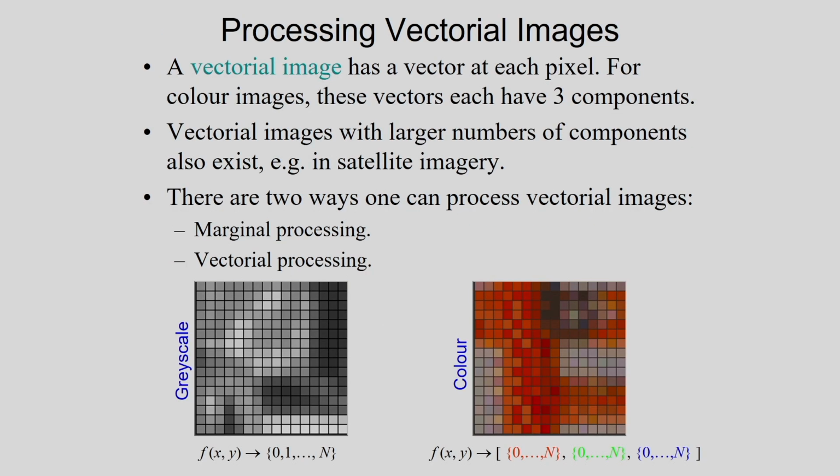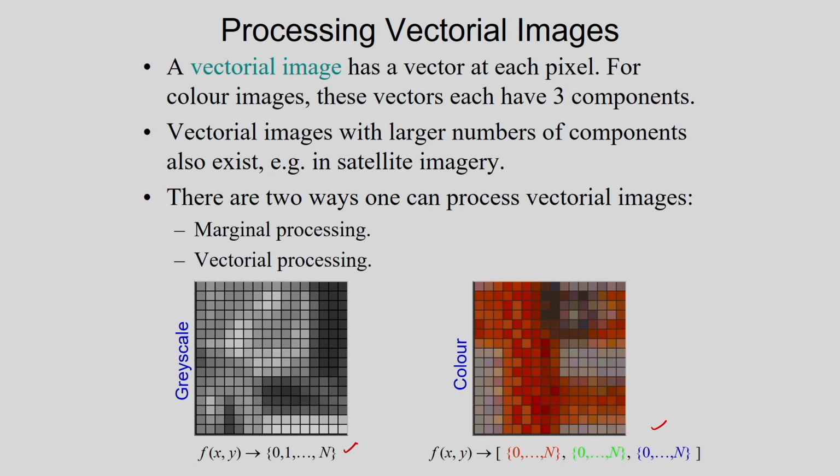And already I have explained the concept of color image processing. One is the marginal processing, another one is the vector processing. In the first figure, I am considering the grayscale image. The second one is the color image. Corresponding to the color image, I have to consider the vector pixel. Corresponding to a particular pixel, I have three components: the R component, G component and the blue component.